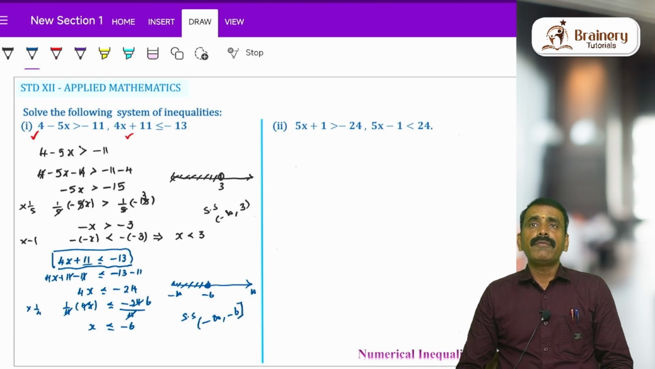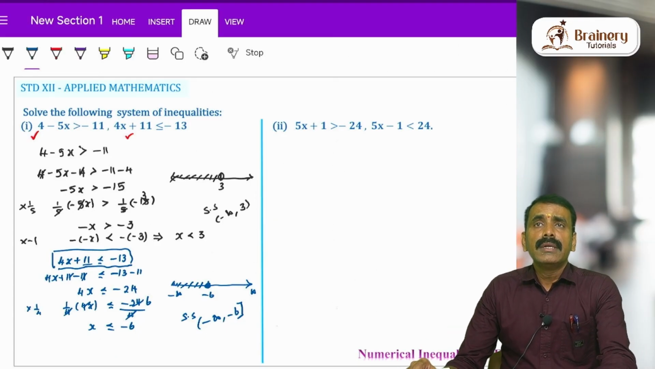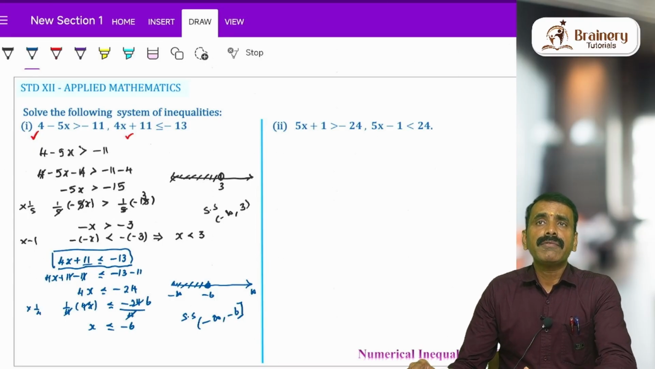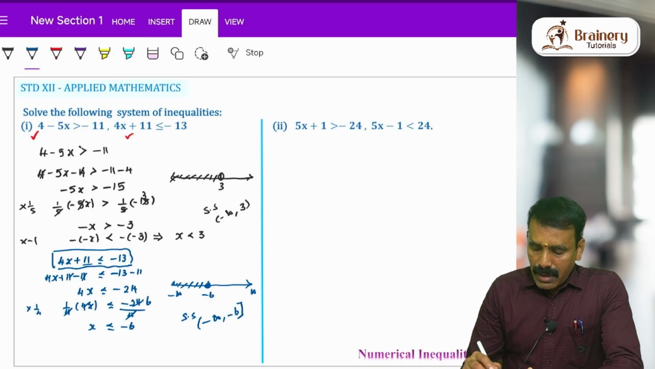Now it is a system of linear inequalities, so we have to have a common solution set. That is, the x value should satisfy both the inequalities. It must satisfy both the inequalities. So what is the solution set which will satisfy both? We try to draw a common